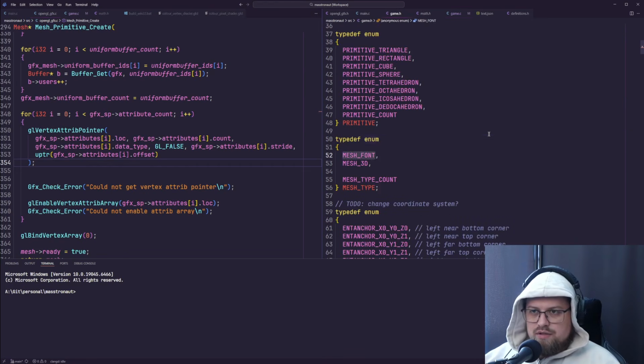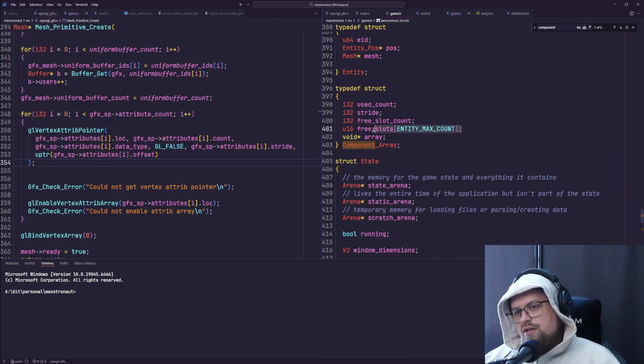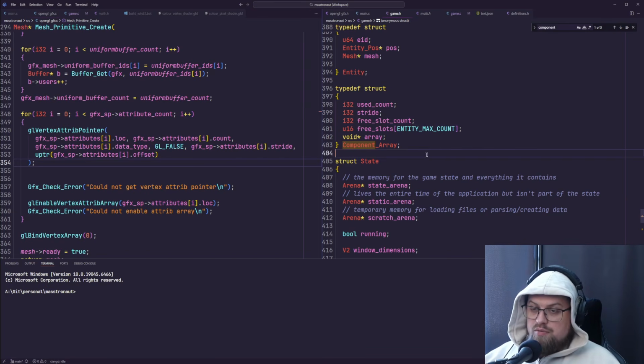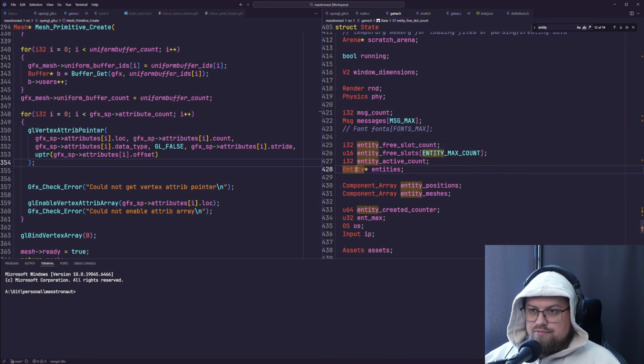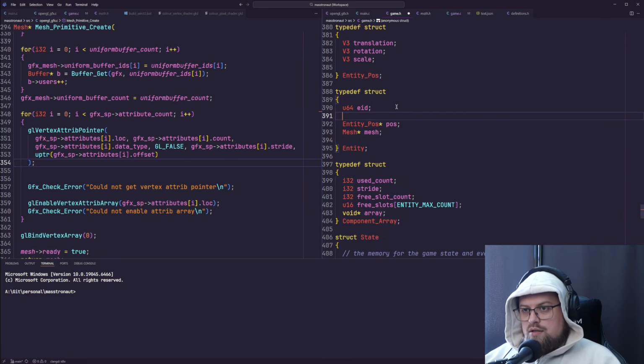Easier if I just show it. Right. So both for components and entities, we are having the free slots array, and then we have a free slot count. So my goal is that this should be working today. And then we can add some functionality on top of that. So actually, let's go straight to the entity. And give it a